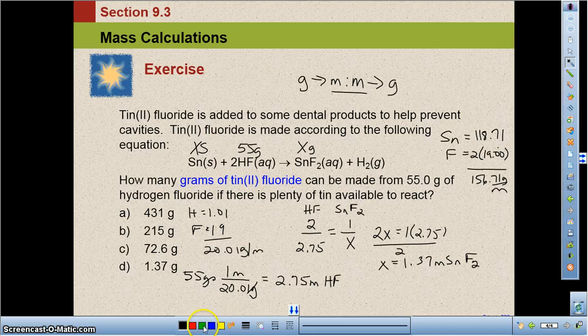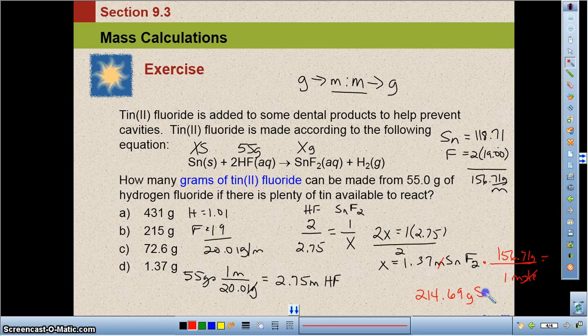So I'm going to come down here, I'm going to change color so it'll show up on the black as well. I think they're red. Well, we'll try it. We're going to take that, we're going to multiply it by 156.71 grams over 1 mole. Cancel your moles. So times 1.37. So we have 214.69